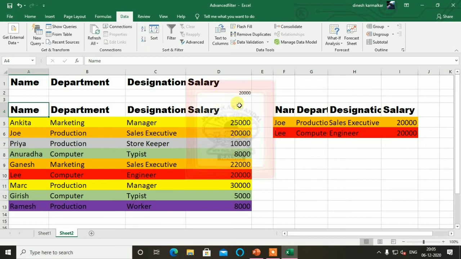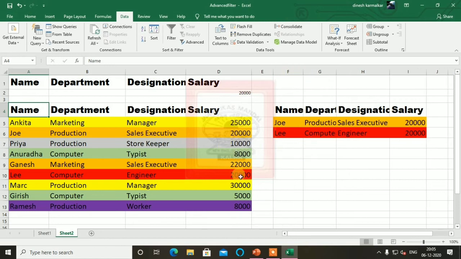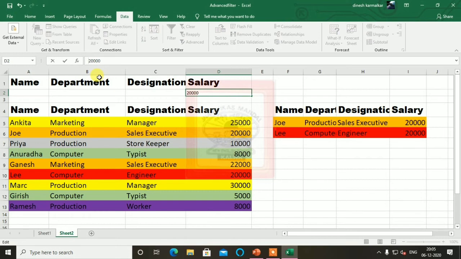Similarly, we can give the records whose salary, suppose you want the salary less than 20,000, all that can also come here. So if you write here instead of equal to, you have to put here less than 20,000, that also you can do. For that you have to again use the filter option.